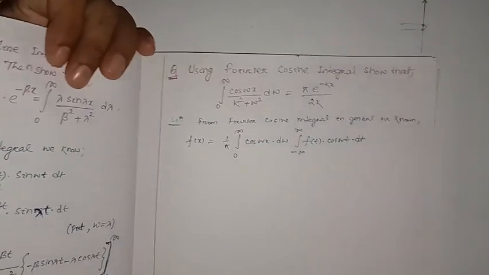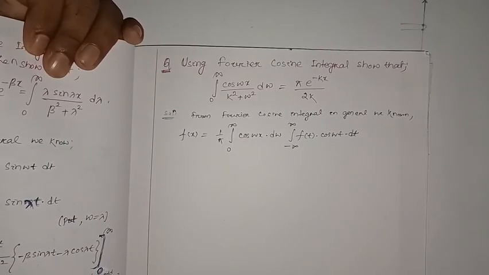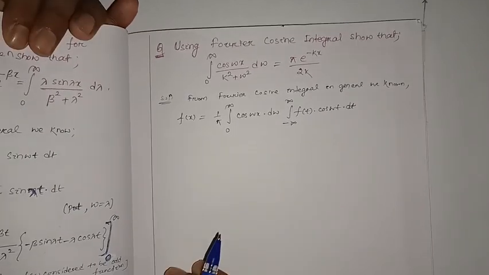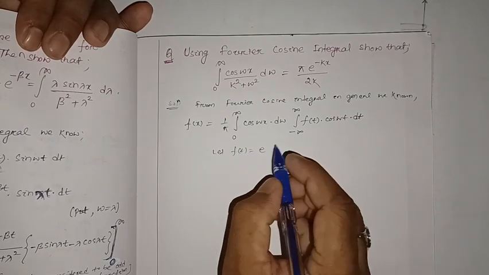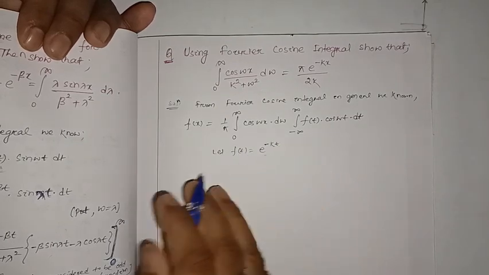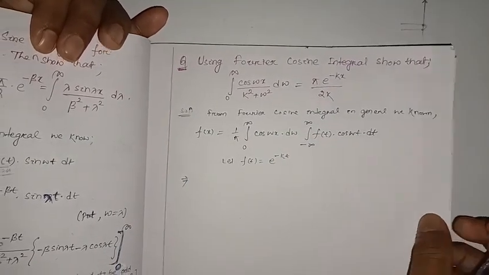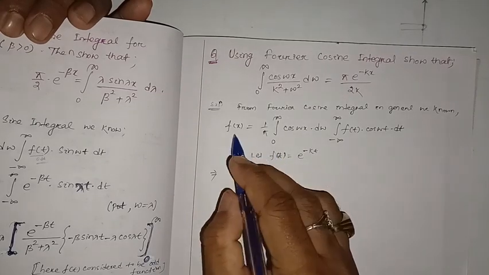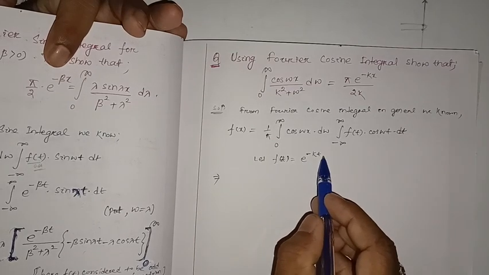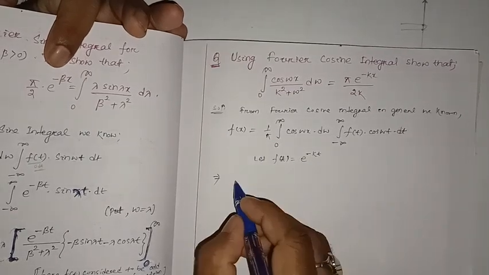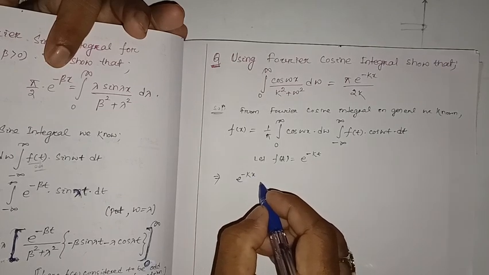Then here we consider f of t equals e to the power minus kt. Okay, let f of t equal e to the power minus kt, right? So that implies f of t, or the so-called f of x instead. F of t we consider e to the minus kx, so the corresponding f of x will be e to the power minus kx. So e to the power minus kx equals